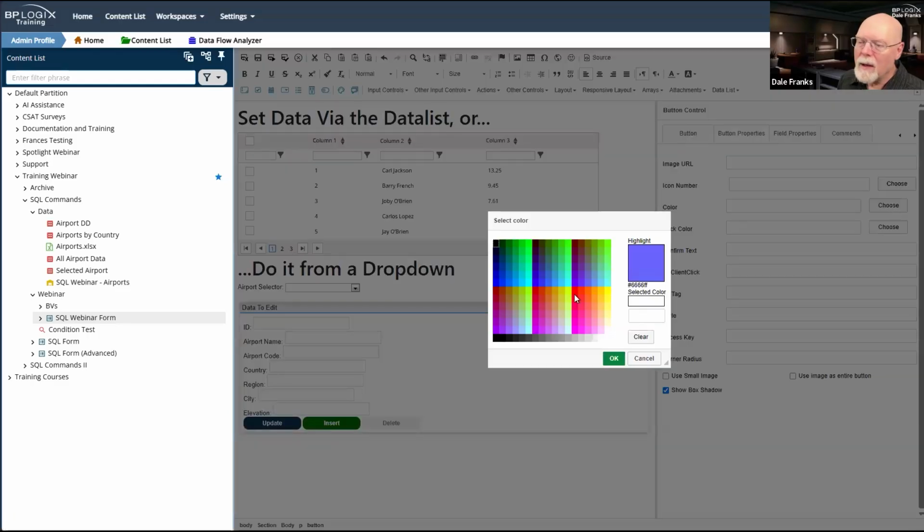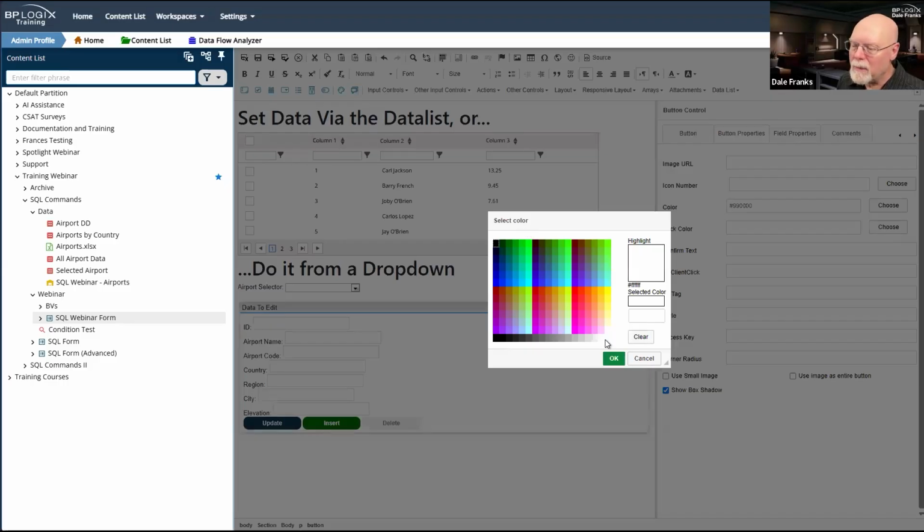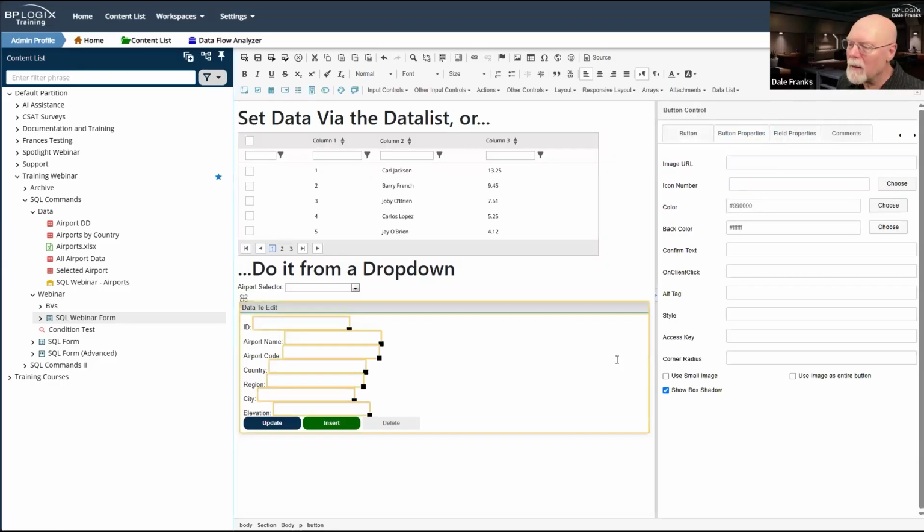So we're going to make this a scary red color. There we go, scary red. And our back color, again, we'll just pick white as the back color. And our confirm text is going to be, are you sure you want to delete this record?